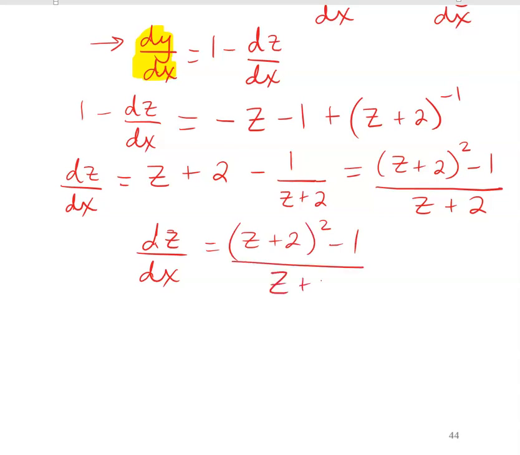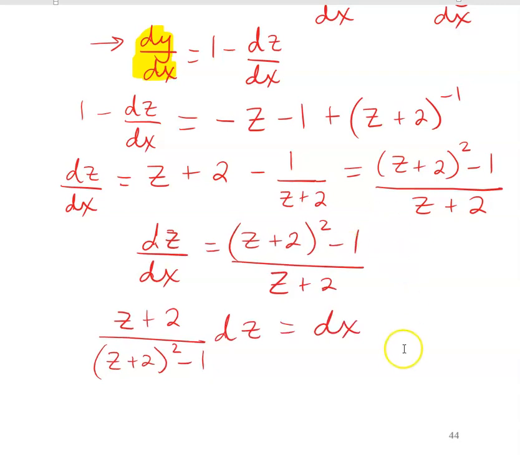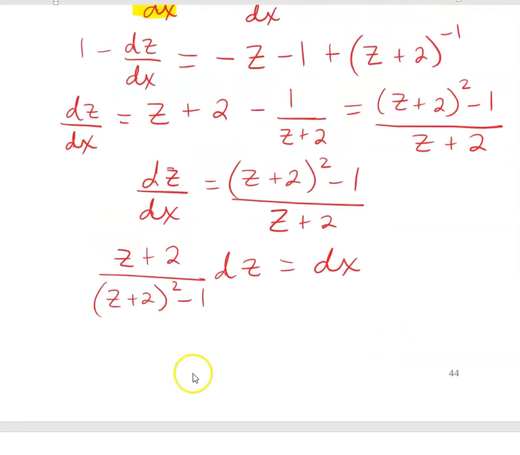I can go ahead and just multiply the dx to the other side and then use the reciprocal to get all of these z terms to the left side with the dz. So in doing that, I'm going to have (z plus 2) over (z plus 2) squared minus 1 dz equals simply dx on the other side. And this maybe doesn't look as pretty as you might expect at first glance,